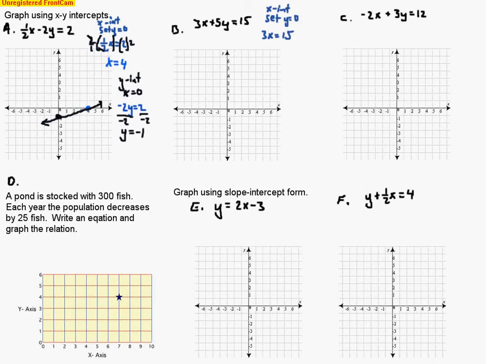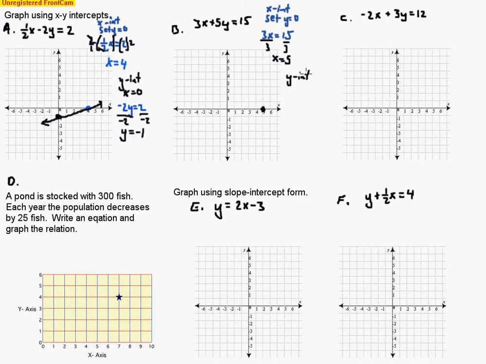So you just have one step there of dividing by 3, and you've got your x value all by itself. So this method works really well when x and y are on the same side, when you don't have to do a lot of opposite operations to isolate the variable. So over 5 spaces on the x-axis, we put a dot, and we move on to the next intercept, which is the